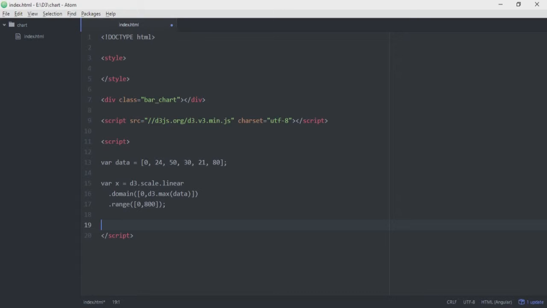What I'm trying to say is that if you want to represent 0, 24, 50, 30, 21 and 80 in a certain way, you need to define what is the scale that you want to implement over there. For example, you can give 80 pixels of your website for representing 80, but sometimes that might